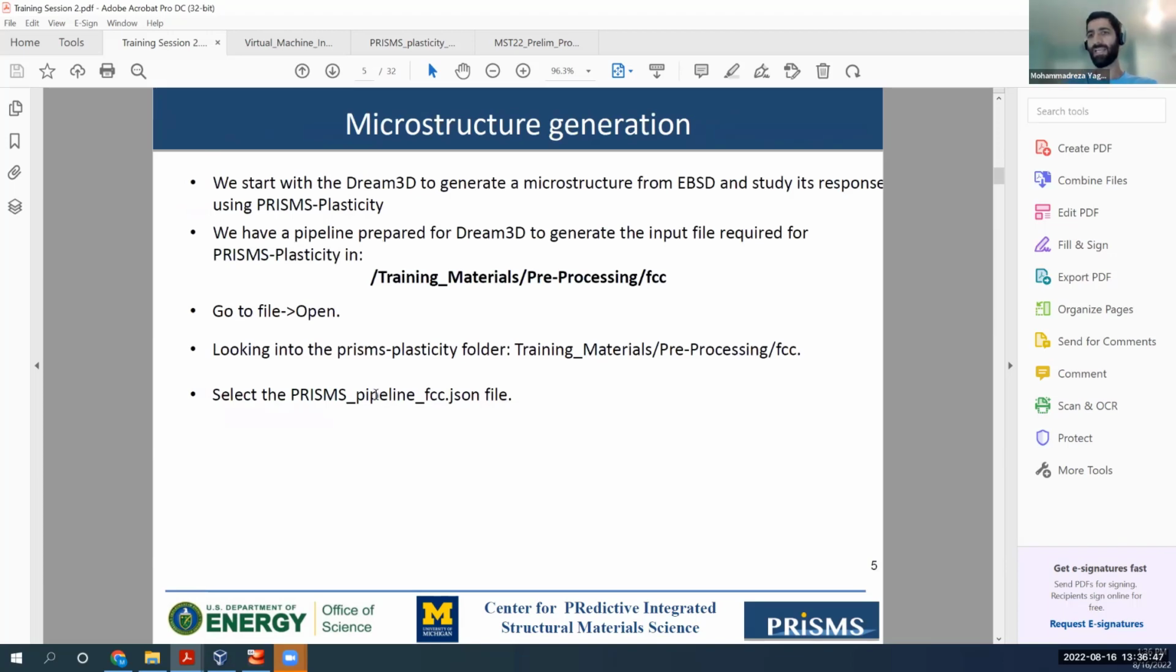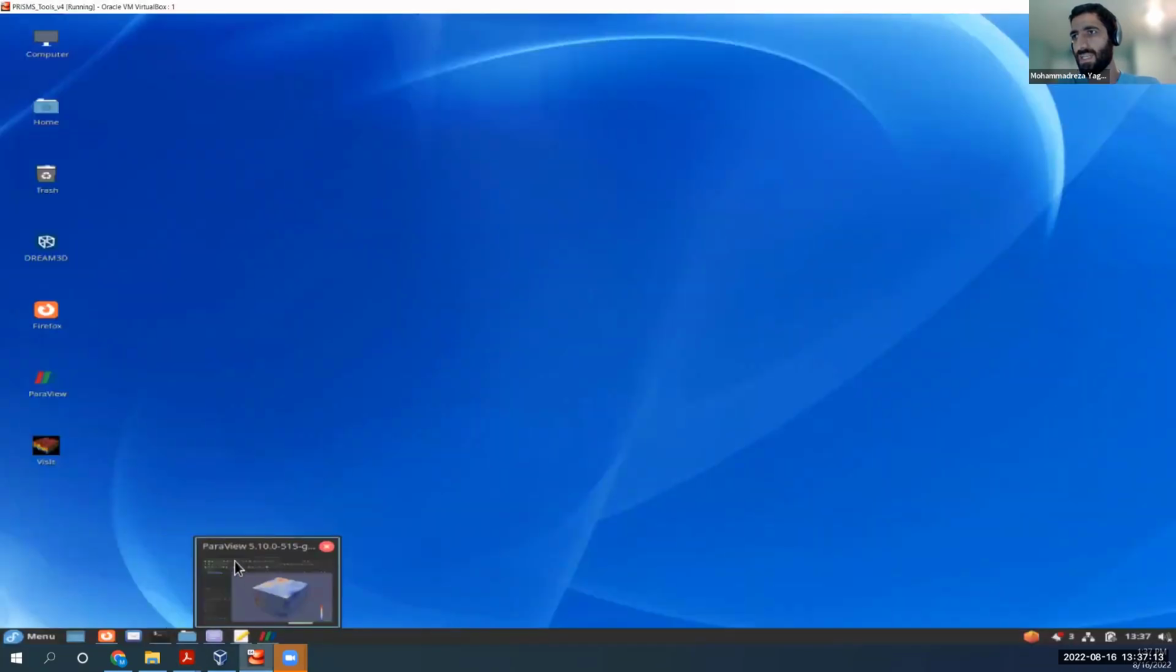With that, let's go one step back and see, as I promised, what if you have your EBSD file and you want to generate the grain ID and orientations for PRISMS-Plasticity. Chris elaborated this a little bit, but let's see from the experimental point of view. What you have is, in your experiment, you have an EBSD file, in which you will have,